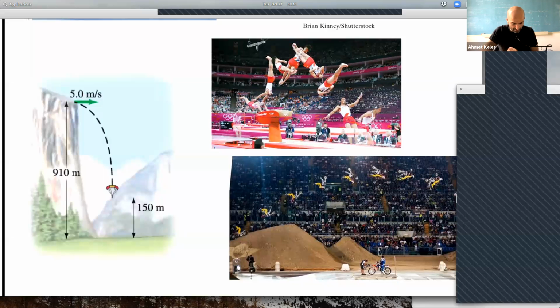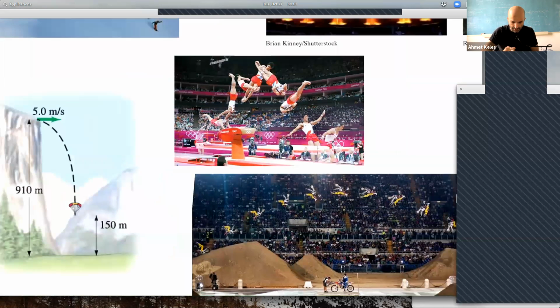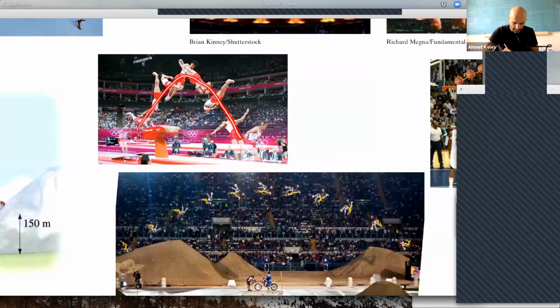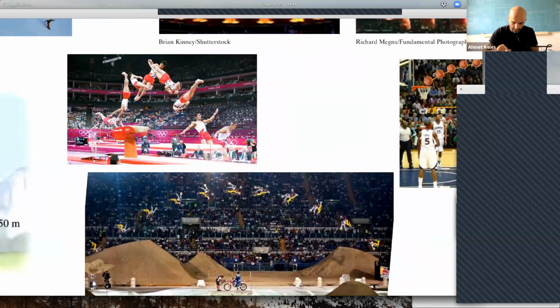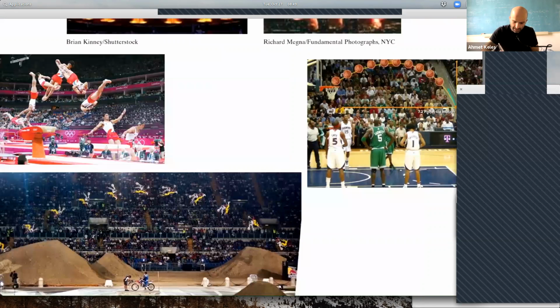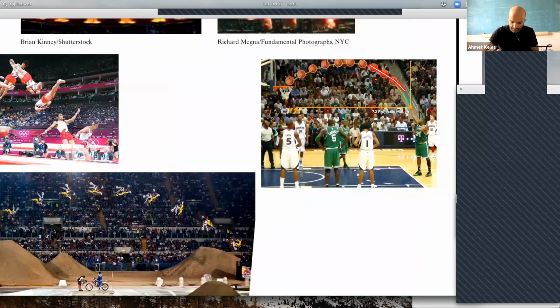For that you have to be able to calculate where you are going to go, and for this you have to account for gravity and your kinematic motion, which we'll show how to do. For sports, the same parabola. Or if you like basketball, the same parabola. You may have to master your shooting this way, and so on and so forth.